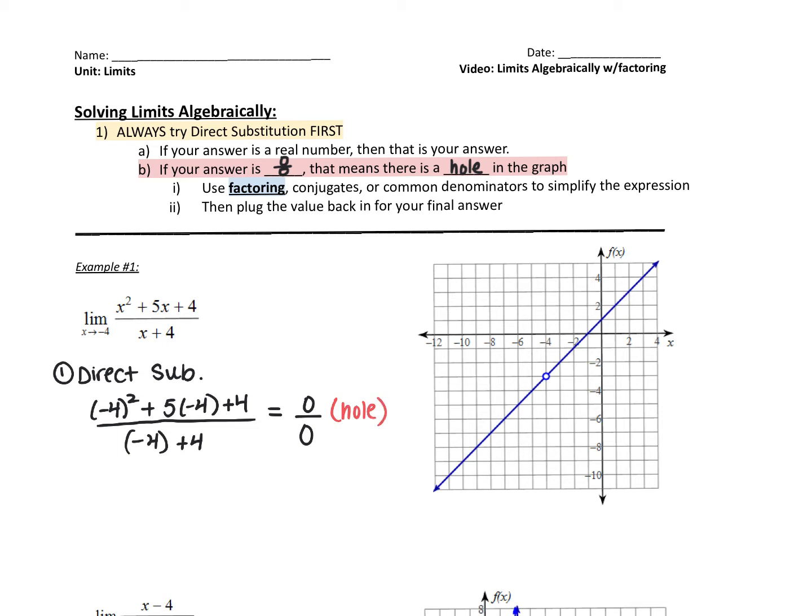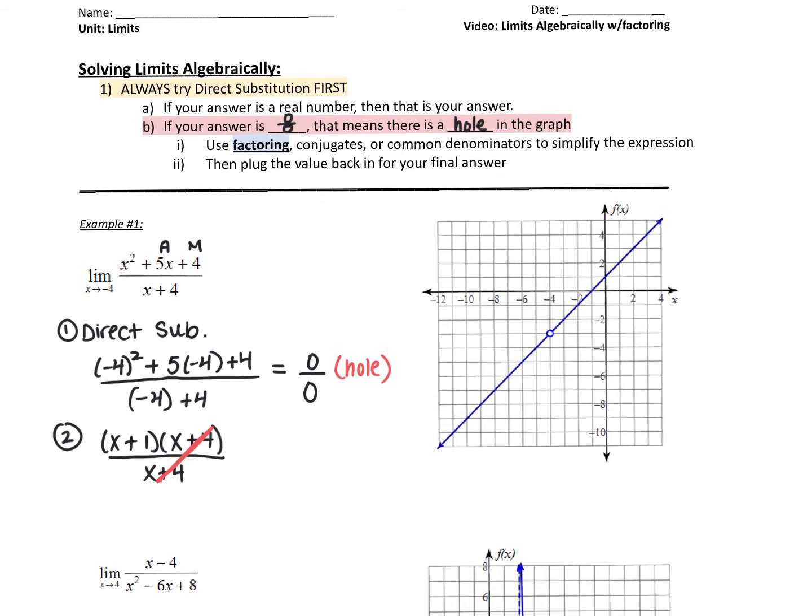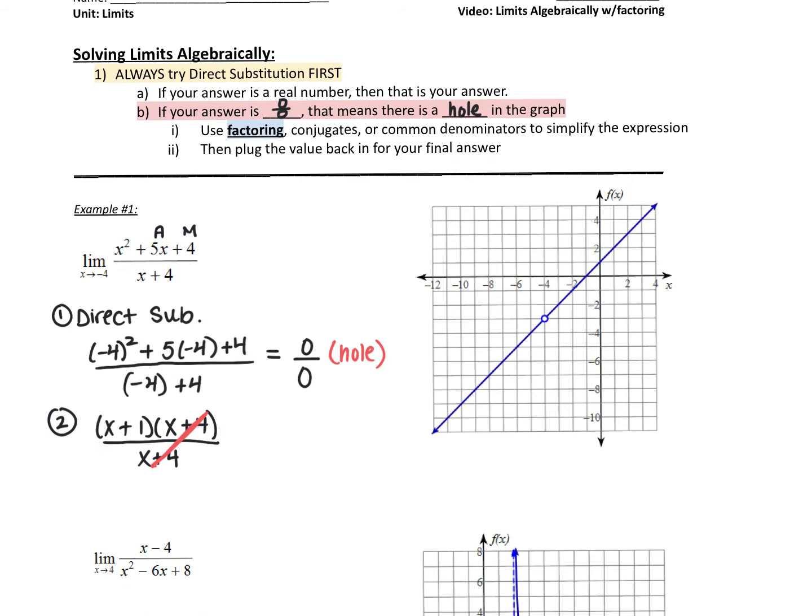So the way that we can avoid this hole is by factoring the equation. So we're going to factor the numerator and factor the denominator. Well, it looks as though the factoring for the numerator is add multiply. So what numbers multiply to 4 that add to 5? Only 1 and 4. And it looks like the denominator is just x plus 4, so we actually can't factor that. Now what you should notice is going to happen is you're going to have something that's in common that you can cross off. So because we cross off the x plus 4, now we can treat the problem as if we had